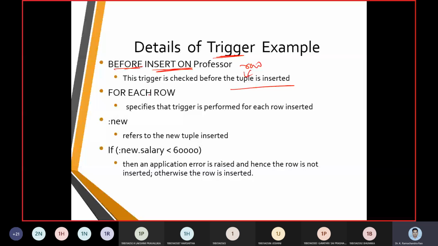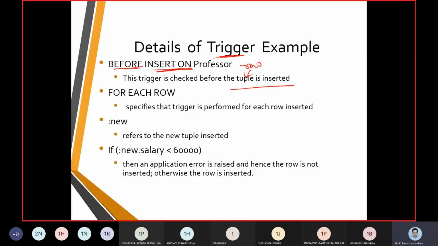So we are now working with the event. We talked about the condition. The third thing, we are now working on the action here. So if we mention a trigger, one, it should have an event, two, it should have a condition, three, it should have an action.